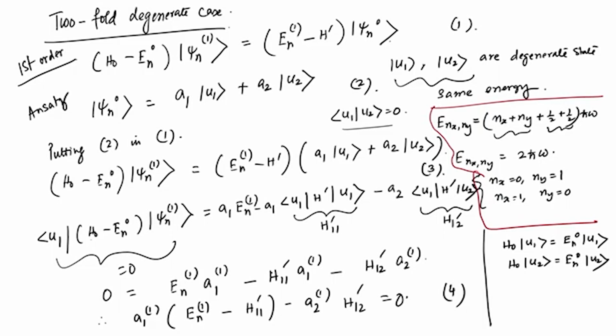So, we write that ansatz there, expand it, and use shorthand notations for all these matrix elements of H prime between U1 U1 and U1 U2 as H11 prime and H12 prime respectively, and then simplify this to arrive at 4, which gives you one equation which is useful for us, and that contains these amplitude,